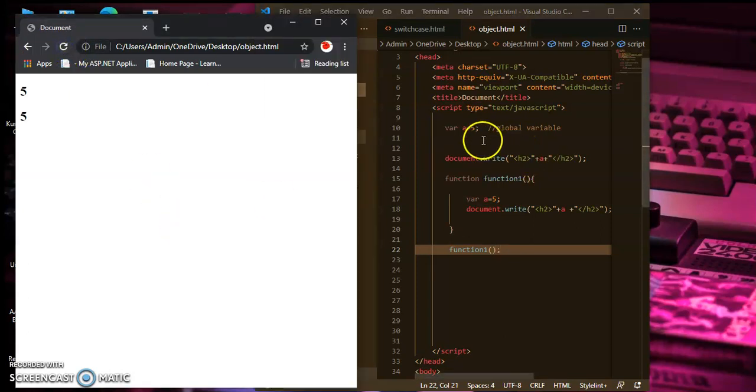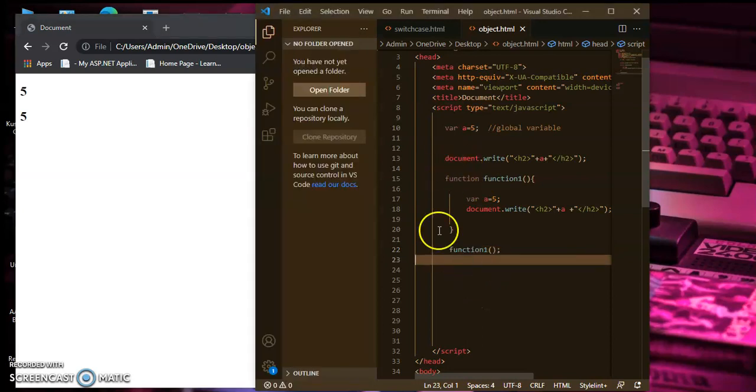Now it displays the global variable value and the local variable value, both are printed. So it is necessary to call the function. The value of this variable only displays until the function executes. After the function has expired, the local variable's value has expired, so it will not display.